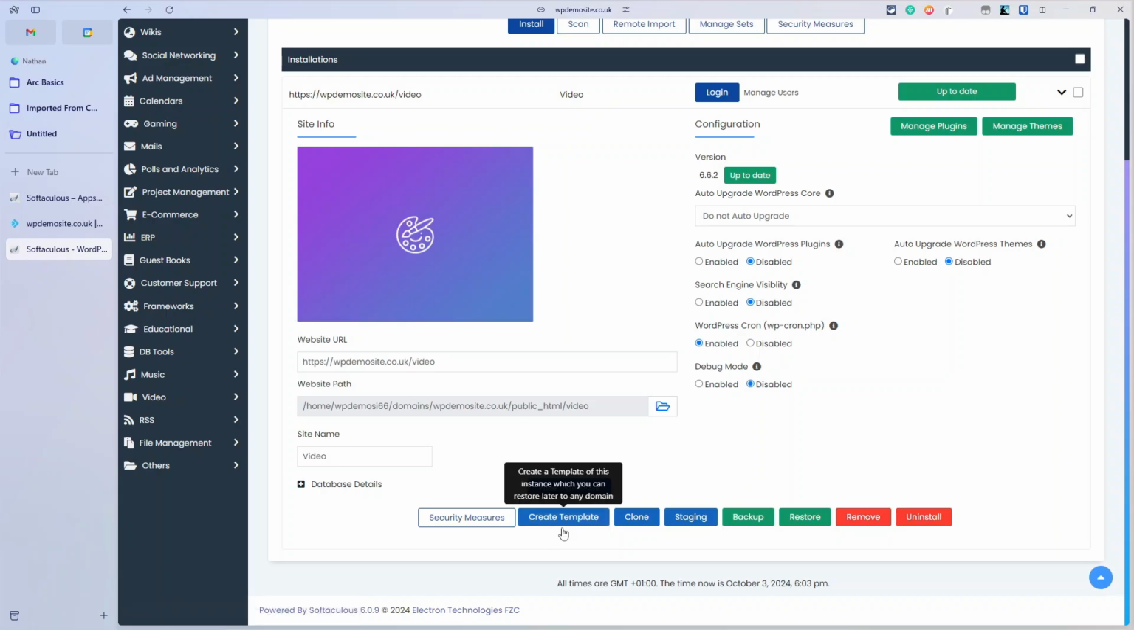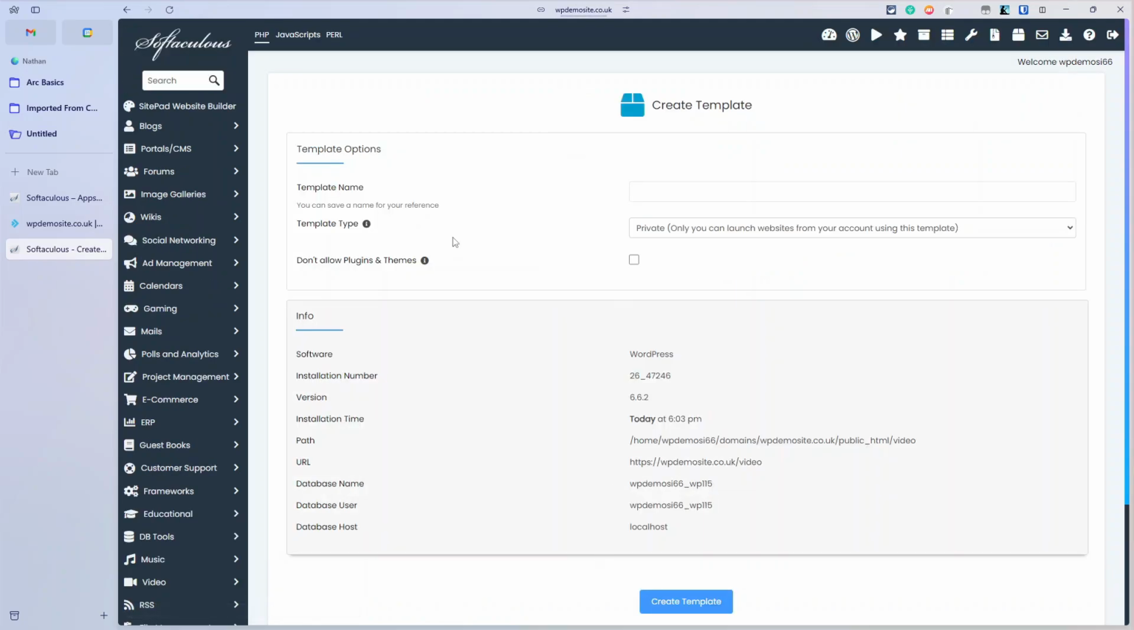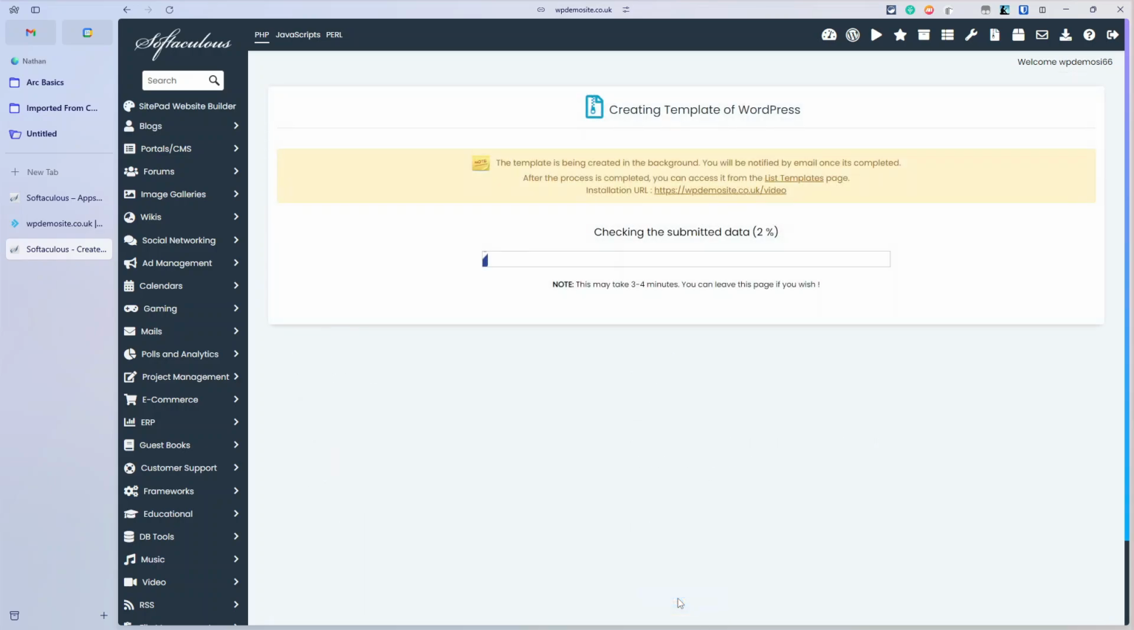Now, if I'd installed a load of plugins in this and I wanted to be able to install this like a blueprint, I could create a template of this site. So by creating a template, which I've just clicked on, I could call this a blueprint, and it's now a blueprint. I could restrict future plugins and themes from being installed to it, so it was a fixed blueprint. And if I push create template, you'll see it will quickly zip that up, take a copy of the SQL